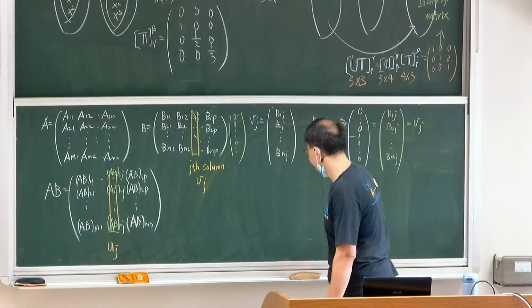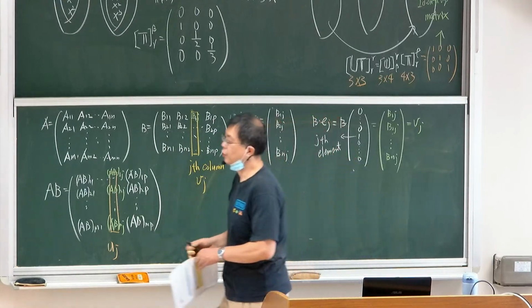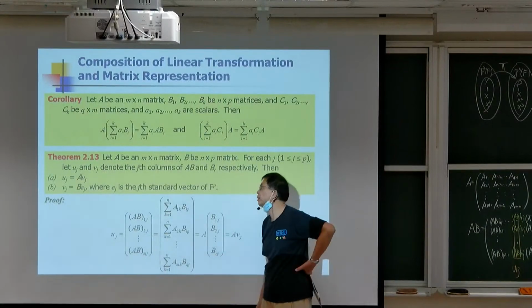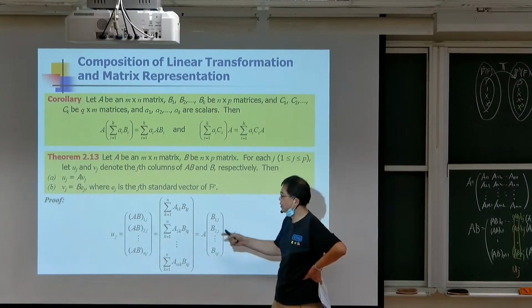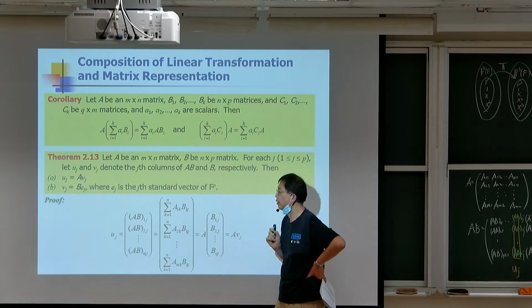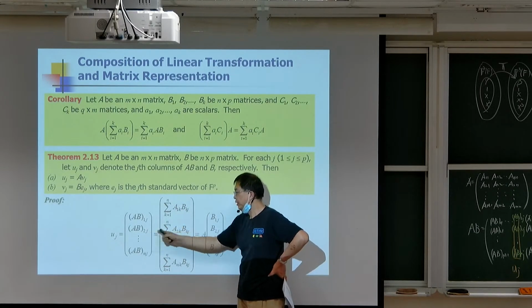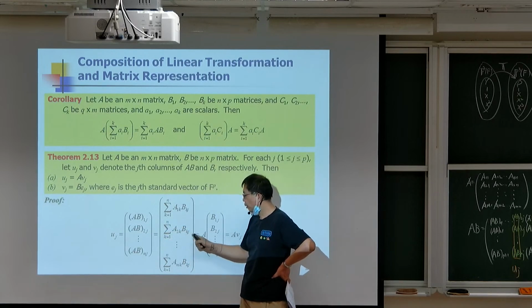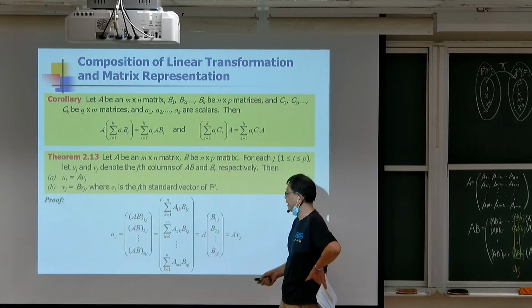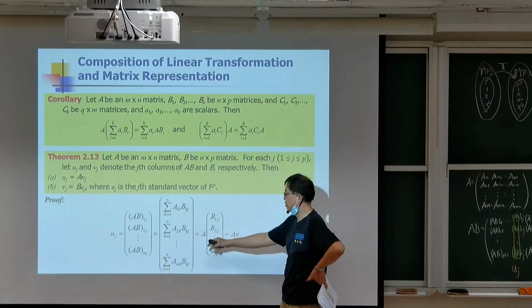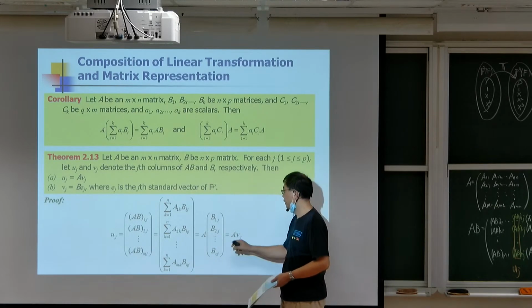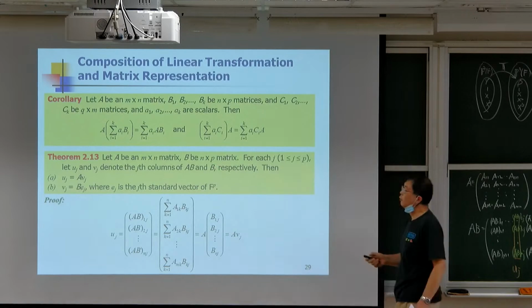So just follow the procedure, and then I can have AB1j, AB2j to ABMj. For AB1j, it will be the summation k equals 1 to n of A1k times Bkj. And for AB2j, there will be A2k times Bkj, etc. When we calculate it, we can find it becomes the matrix A times B1j, B2j, Bnj, and that becomes A times Vj. So theorem